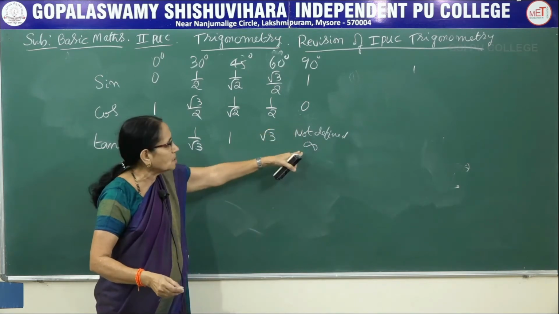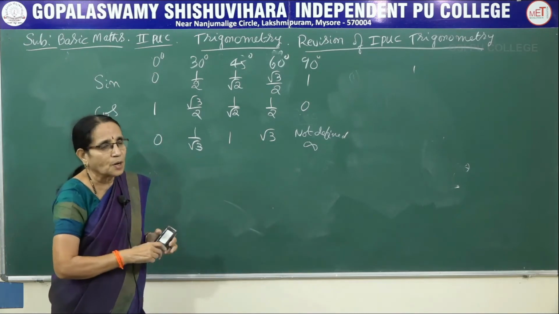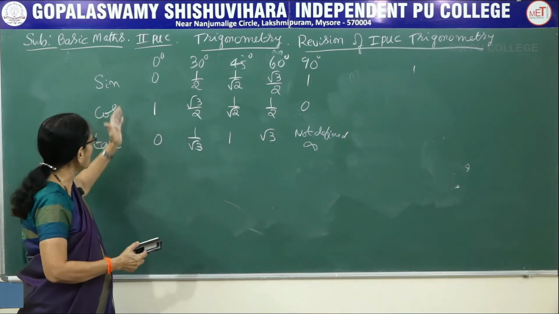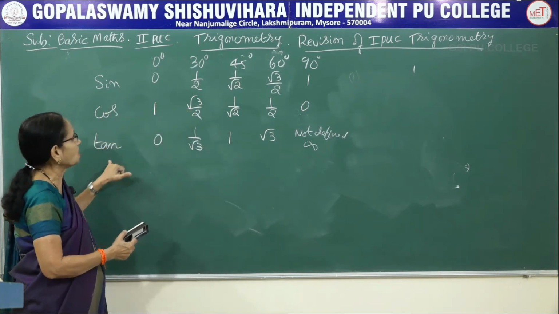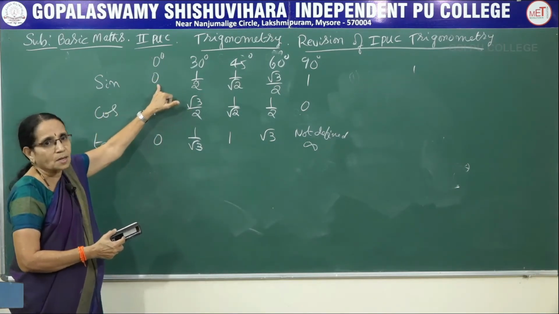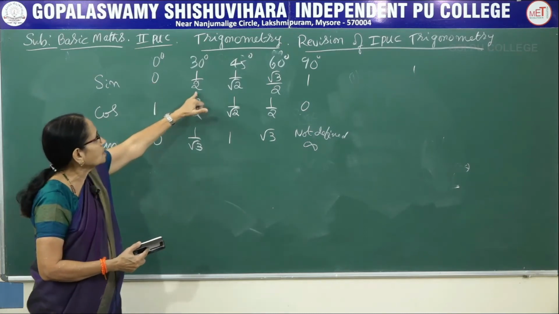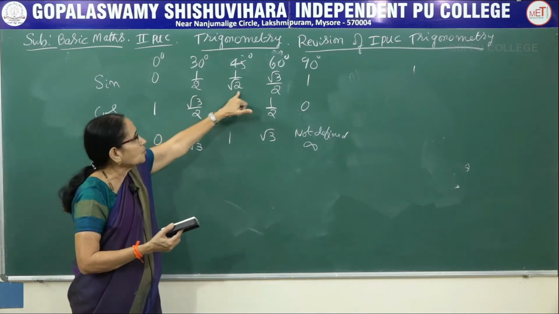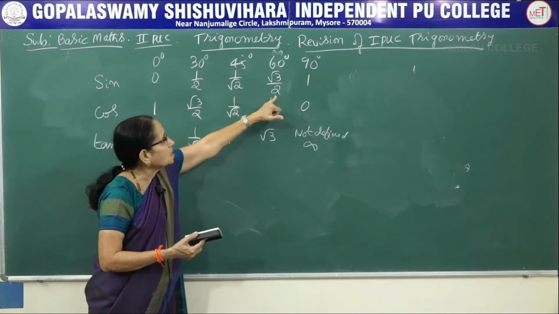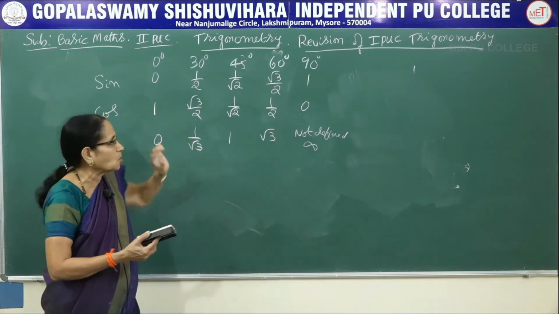Whenever we get 0 in the denominator, we denote it as infinity, otherwise it is not defined. Now if you want to get the values of the other three ratios of the same angles, here cosecant 0 is 1 by 0 in that case, isn't it? 1 by 0 means again not defined. And cosecant 30, 1 by 1 by 2, the reciprocal means it is 2. And cosecant 45, root of 2. Cosecant 60, 2 by root 3. And cosecant 90 would be again equal to 1.